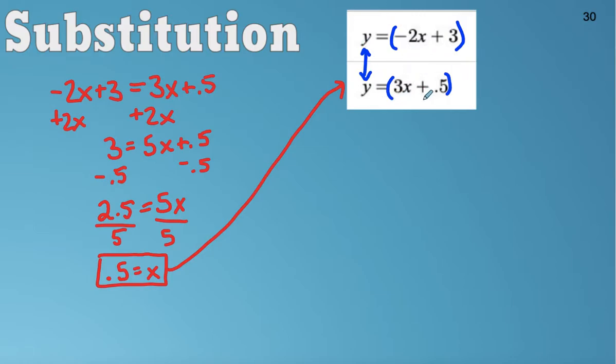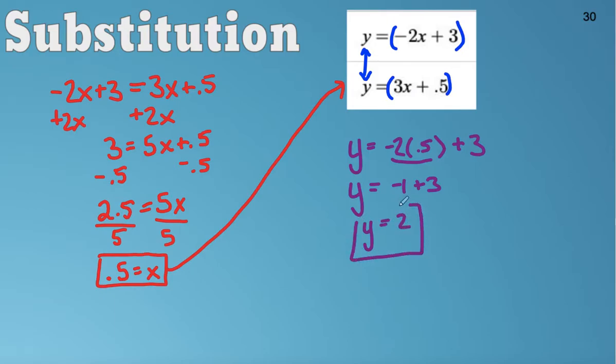I tend to pick the one that looks a little bit easier to me. Now, these are about the same because I have one with a decimal and I have one with a negative, but I'm going to choose to plug it into the top equation. So I'm going to say y equals negative 2 times our 0.5, because that's what x is, plus 3. So when I do this math, I get negative 1 plus 3, which means that y is 2. So our final answer is